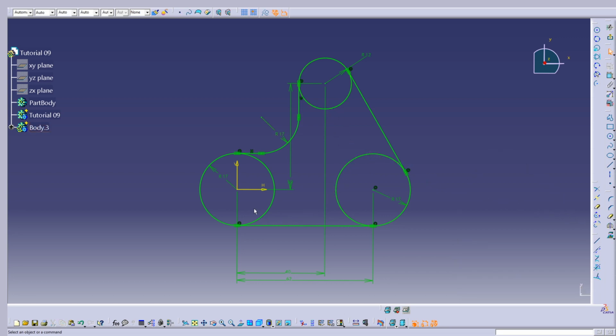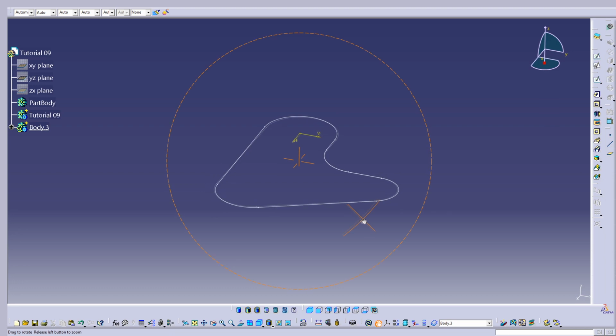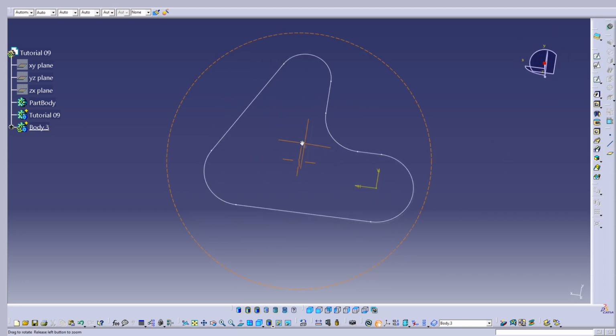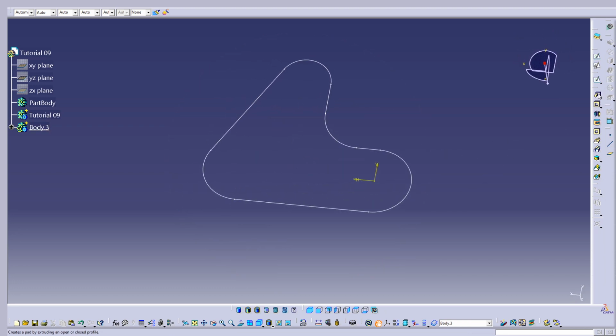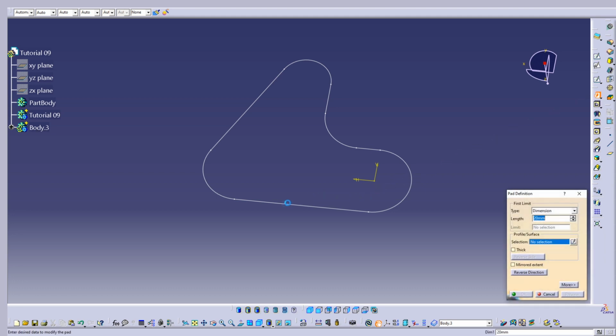Perfect. Now we need to delete the rest of the elements that we don't need. So we will select quick trim, and we start deleting this area, this one, and this one. Okay, we will exit the workbench. So this is our first construction. We're gonna select pad. We're gonna click our design,